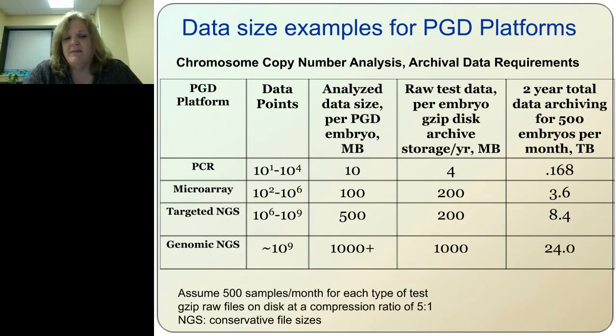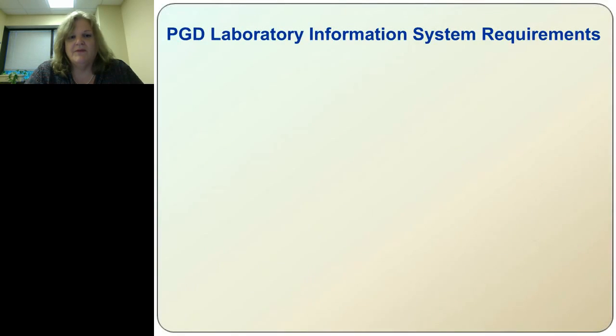Having a few gigabytes of data per embryo is probably not something that would be unusual if you did whole genome sequencing on an embryo. And even with a conservative file size of about 1 gigabyte of analyzed data and about 1 gigabyte of compressed data, you're still going to have to deal with about 24 terabytes over 2 years of storage if you were doing all embryos as whole genome sequencing, which may or may not happen. But it's a consideration for data size. So